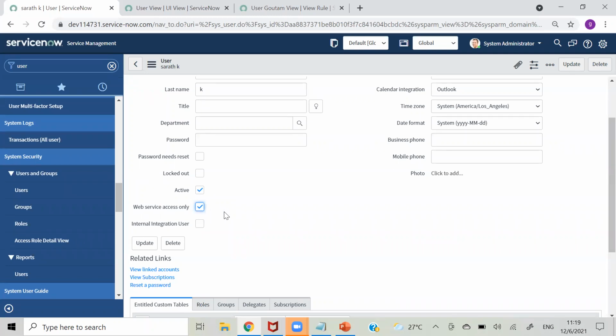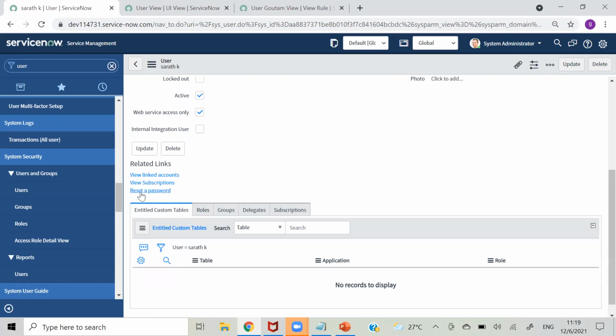This is the user ID and password we will give for accessing our web service. So he will not be able to access the ServiceNow platform, but he will be able to access only web services. Okay. Internal integration user. Same like web services, this is about internal integration user.